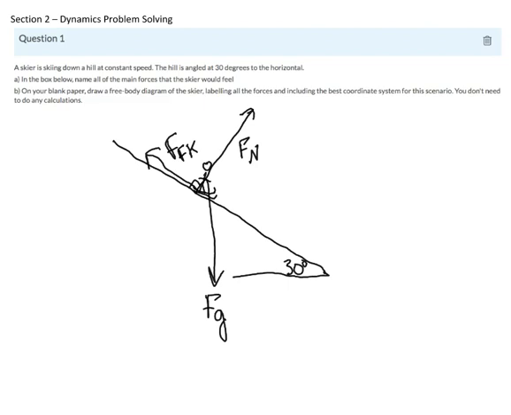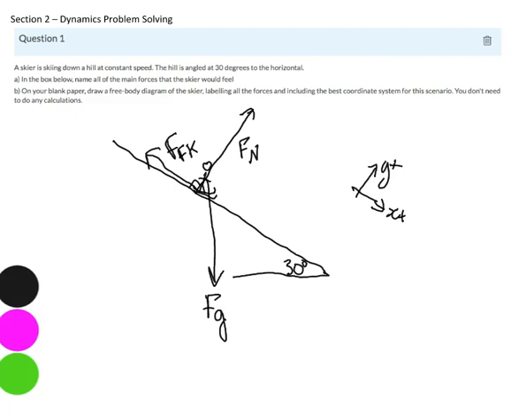The best coordinate system for something on a hill is going to be to make your y-axis perpendicular to the hill and the x-axis parallel to the hill. And that's actually all you had to do for this question. Just to show you one more thing though, often in questions like this, you have to solve more stuff, right? So if you were going further in solving this,